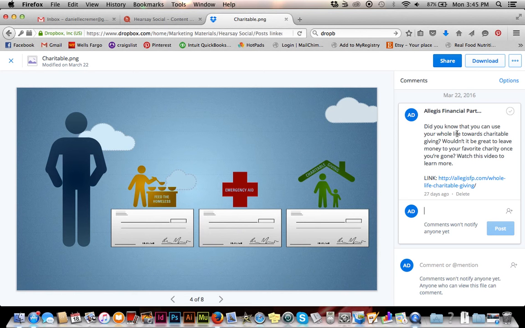The first way is to use this exact image. If you really like this image and you want to use this image, that's great. So you would just want to click download on this and save it. I have already done that, so I'm not going to go through that, but just save it somewhere on the computer that you know you can find it, either through your downloads or Dropbox or a desktop, whatever works for you. Now we're going to go to Hearsay Social,